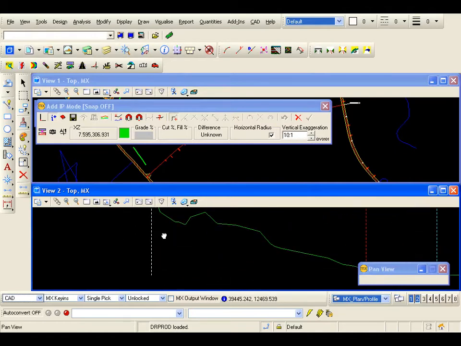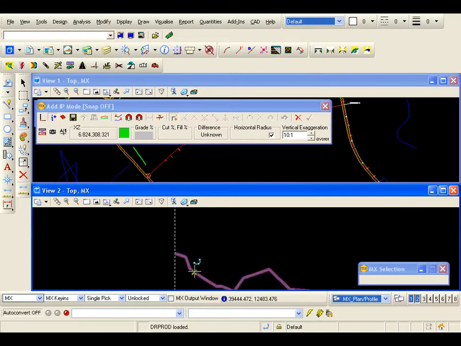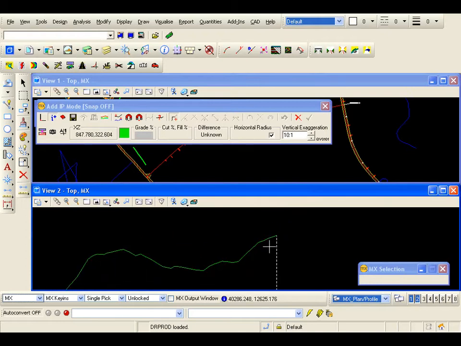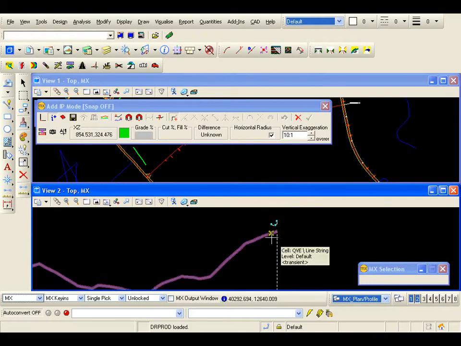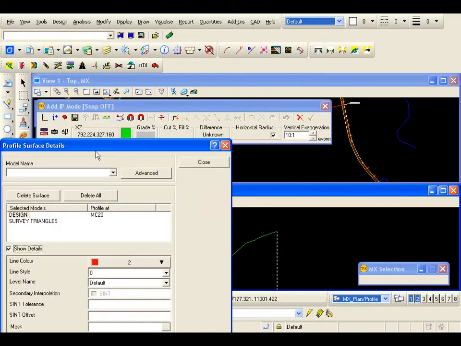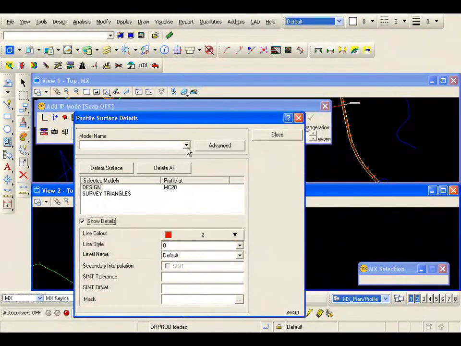Now if I look in at the start of this profile, I am looking at the half section of the existing road, the surveyed road, because I snapped to the centre line of that survey. I now need to tie in at the end of my second road, but at the moment all I'm showing is the ground profile. So what I'm going to do is cut a section through my design road, and I do this by selecting this icon here, collinear profile or profile surface details,